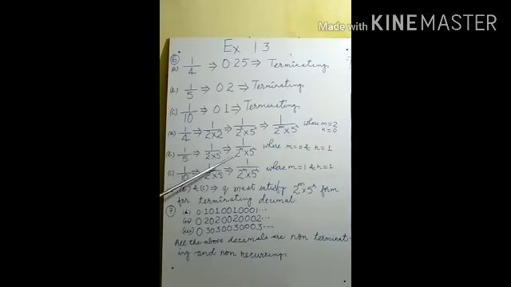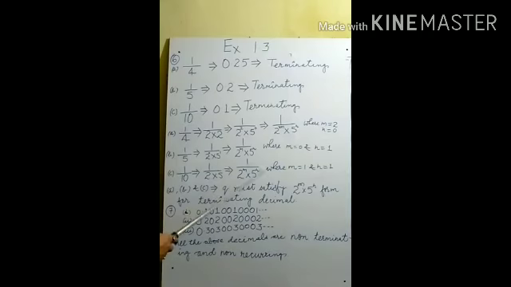Now this one is noted down in the form of 2 to the power m, 5 to the power n. Again this can be noted down as 1 upon 2 to the power m, 5 to the power n form, where the value of m is 0 and the value of n is 1. Again we can take 1 upon 10, and the prime factorization of 10 is 2 multiplied by 5. Now 2 to the power 1 and 5 to the power 1. It means this one equals 1 upon 2 to the power m, 5 to the power n, where the value of m is 1 and the value of n is also 1.